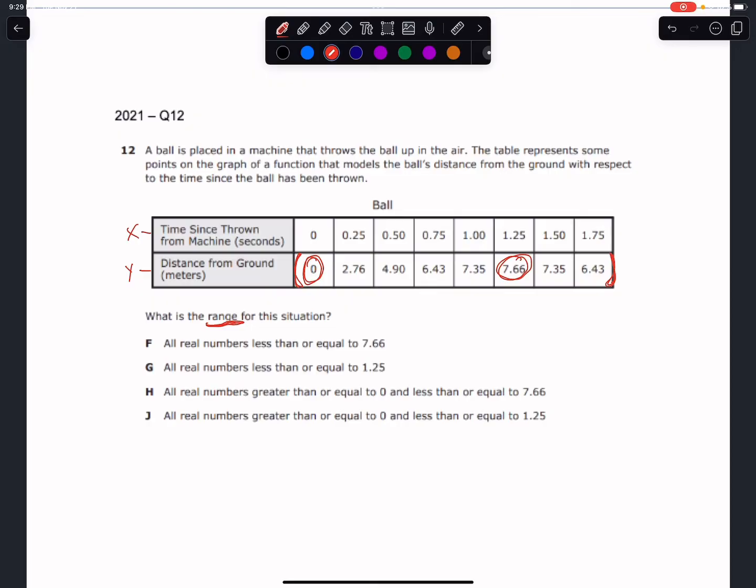This is close, but not quite. F is close. G is not even near there. Oh, H it is, because it talks about equal. That's 0, 7.66. And then,